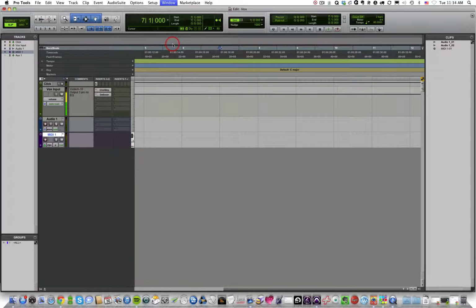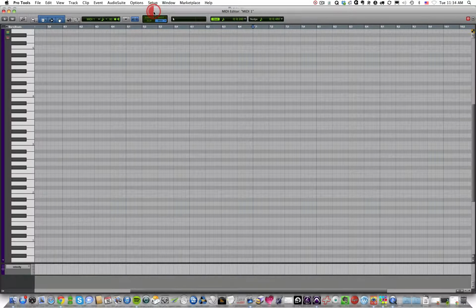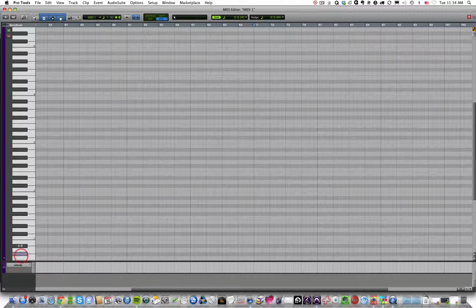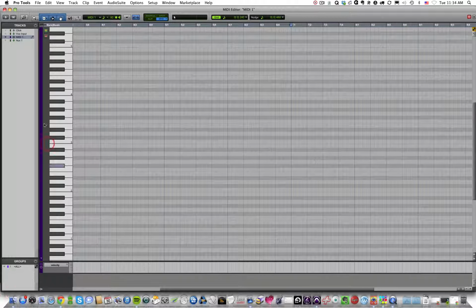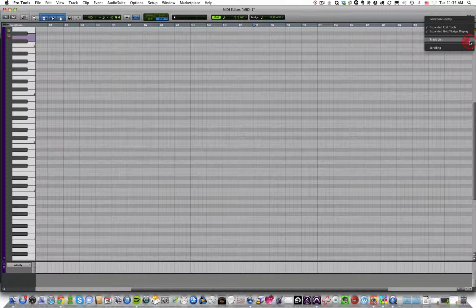So MIDI editor, open that window and you can see it's a full-sized piano scrolled horizontal view of your MIDI data. You'll notice that there are also tracks lists as well as group lists, and these windows additionally have the tracks list drop-down menu and the groups list drop-down menu, just like the other windows did. This window also has a MIDI editor pop-up menu, so you can change how your display looks